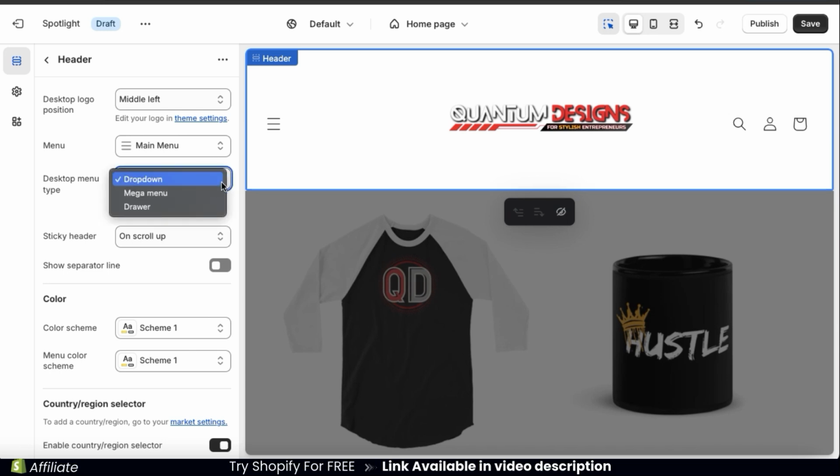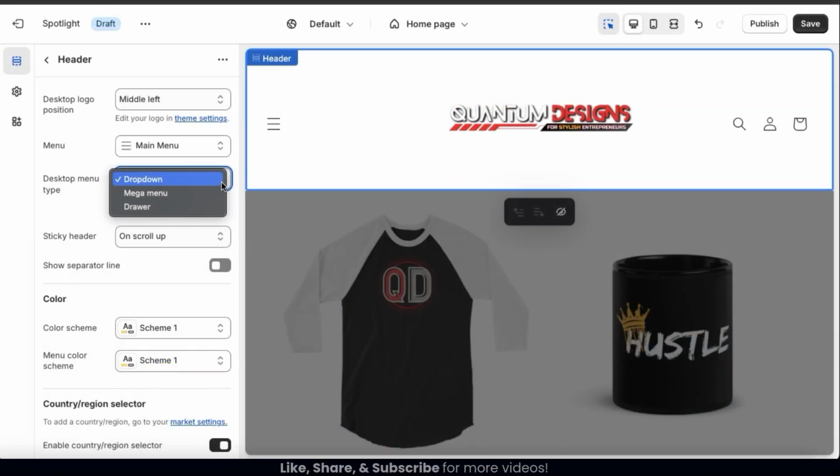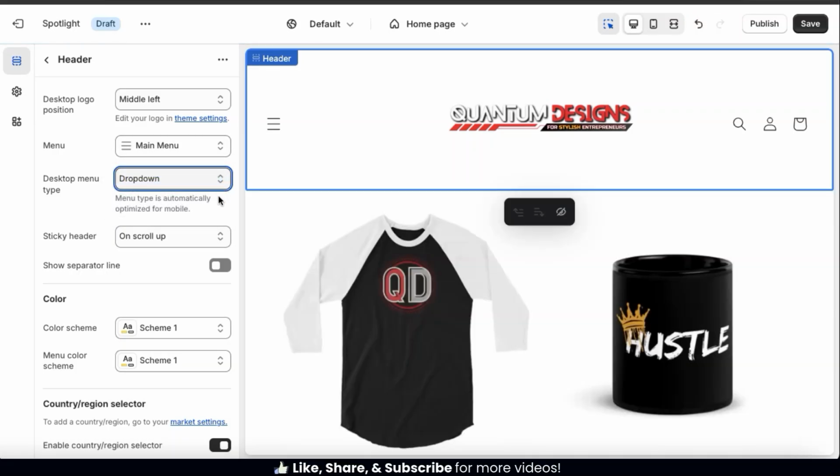We have 3 options to choose from, which includes a drop-down menu, a mega menu, and a drawer, which is the hamburger menu. To view the differences between the menus, you may have to click the expand icon at the top here. So once you select your desktop menu type, you can go to the next section and select your